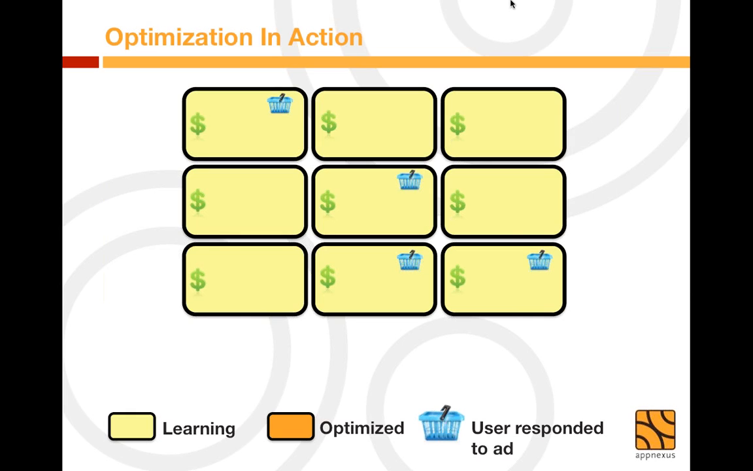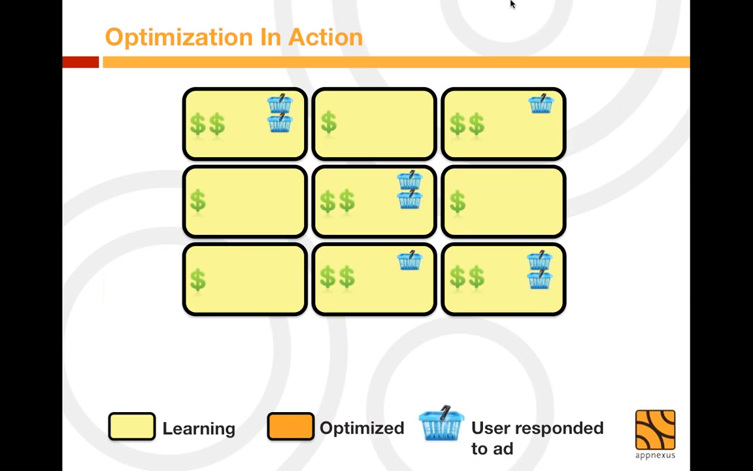So when you begin, you don't have a lot of information on these restaurants, so you start to learn across all of this different available inventory that's on the internet. Now, as shown by these basket icons, users are going to be responding to your ads in certain parts, but not others. And as the campaign continues to deliver,